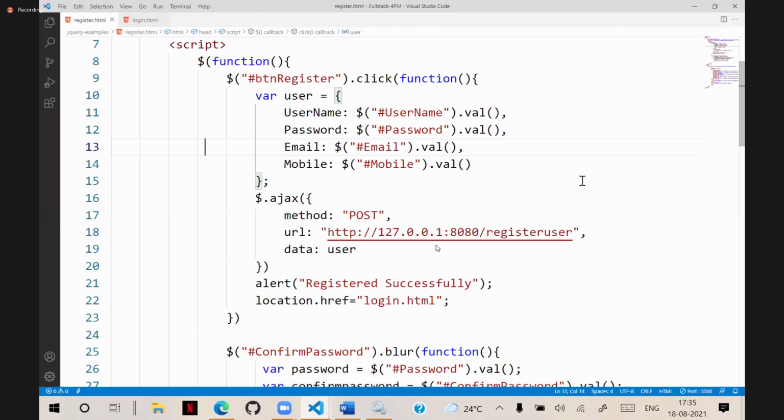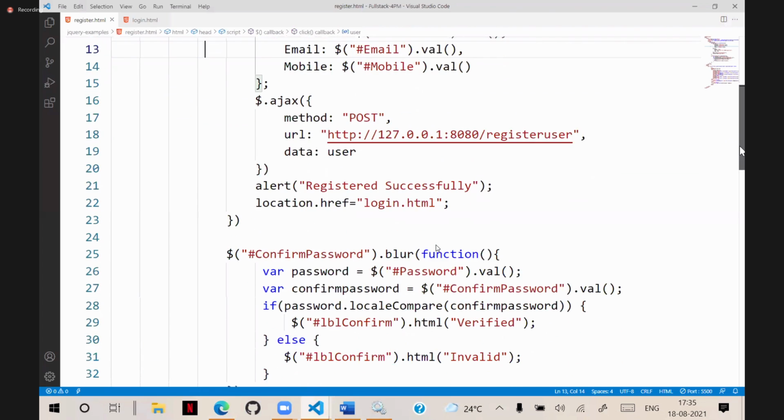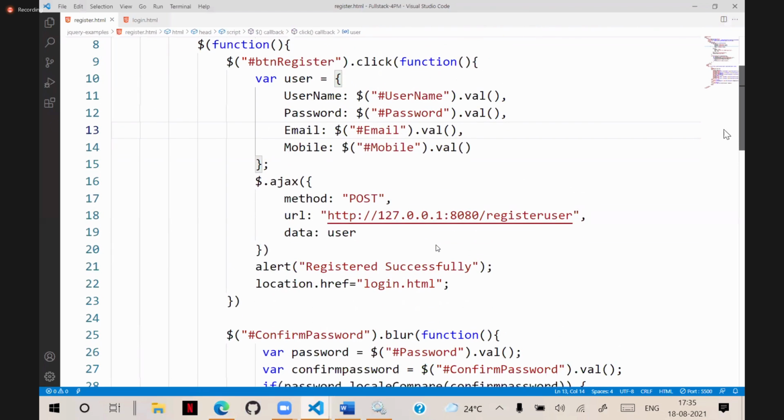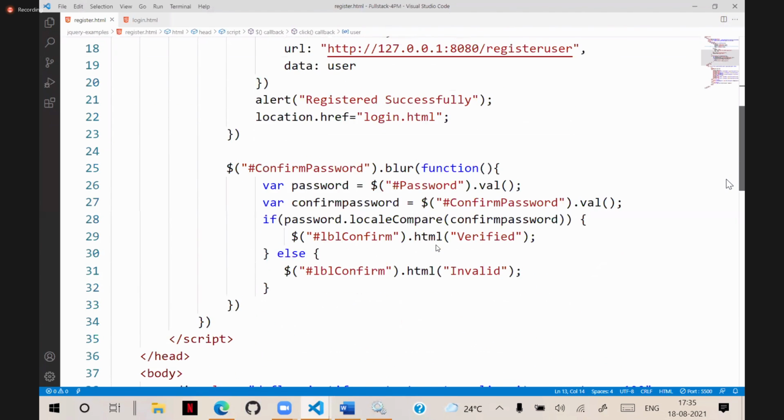So what we will do now is create this on register button click. Here we are collecting and posting the details to this particular location. And I told you that we will verify the validations also before posting the details.